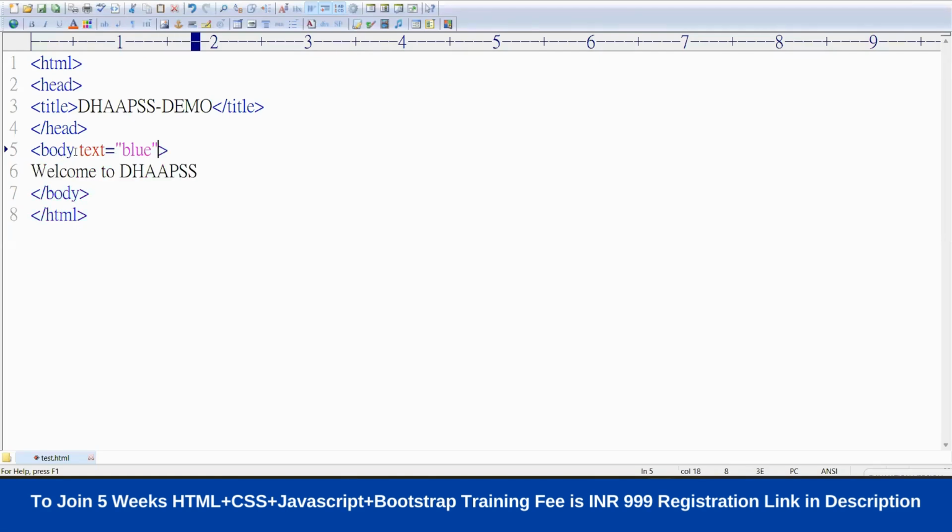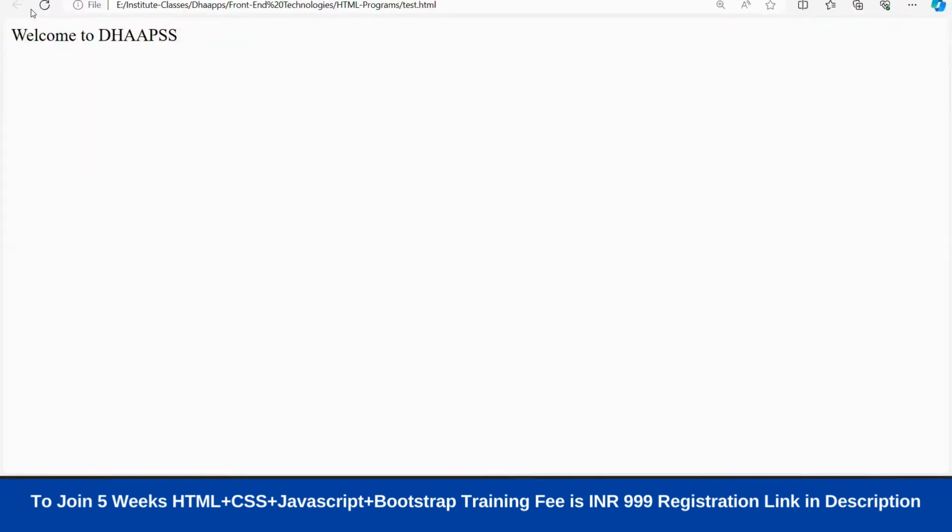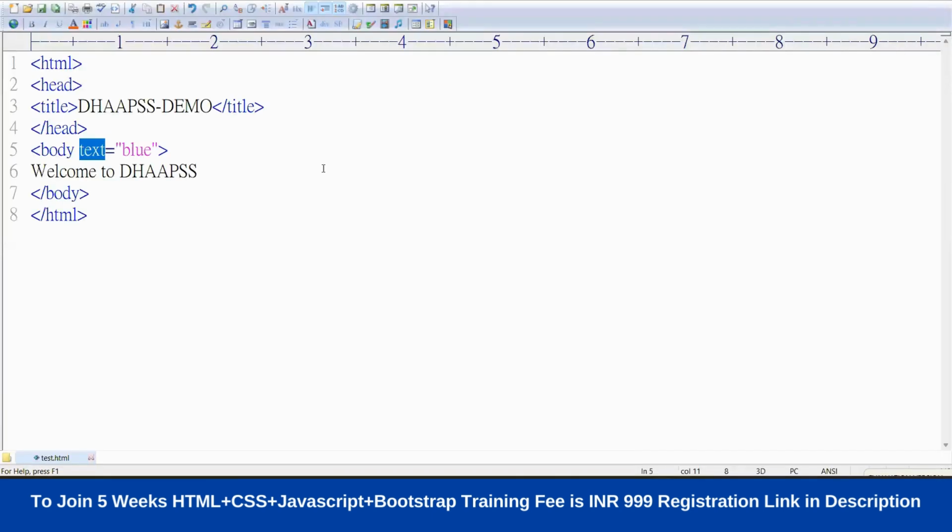If you write like this, the text color on the web page becomes blue. Observe once. Changed or not? Absolutely. Now I want to change both the background color and the text color of the web page. Then I need to specify how many attributes of the body tag? 2 attributes. One is bgcolor and another one